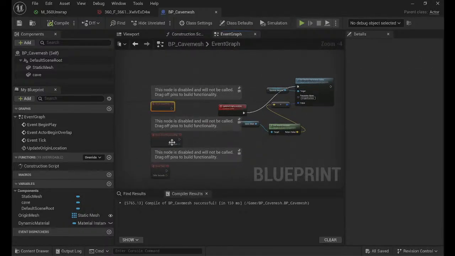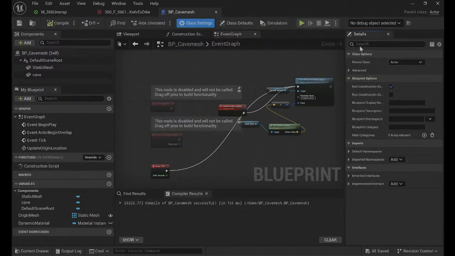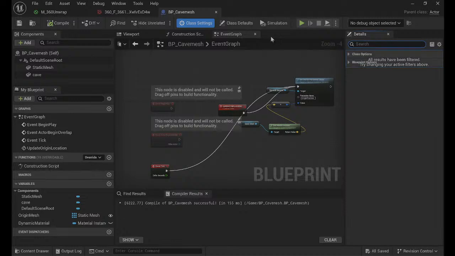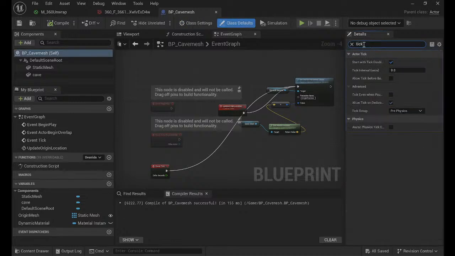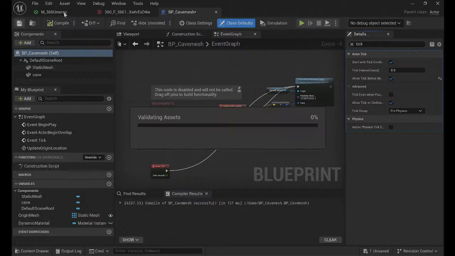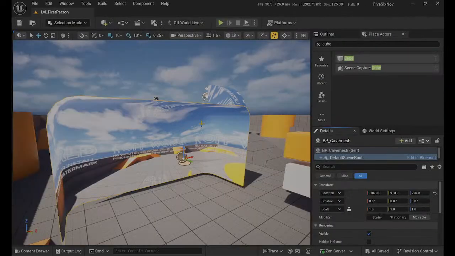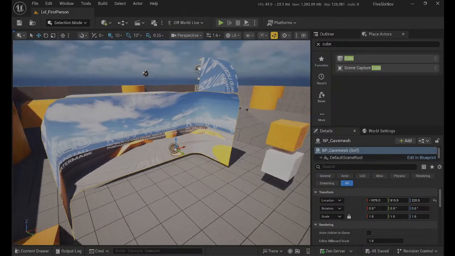I'm always trying to say something like this. And then can you do allow tick before begin play? I'm sure there was a bit of a longer process for doing tick before begin play, but because I'm not doing anything else on tick. Yeah,